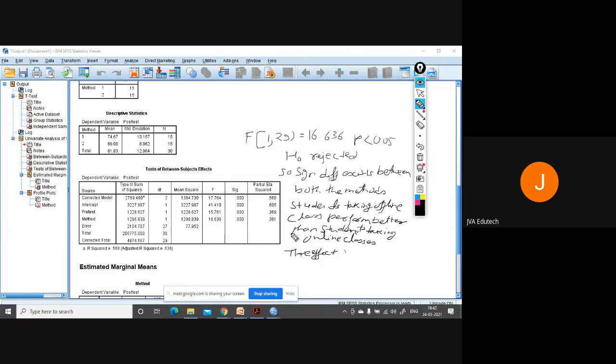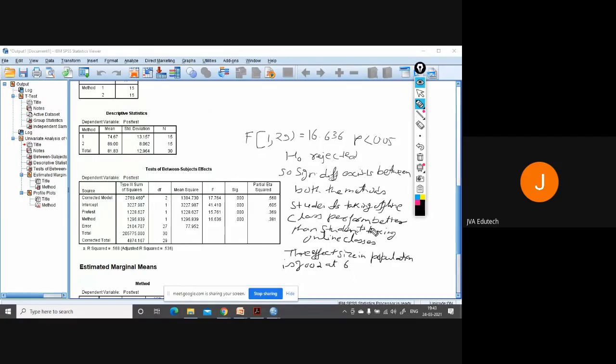The effect size in the population means that from this sample you can generalize that whatever result you are getting will have a good effect in the population.